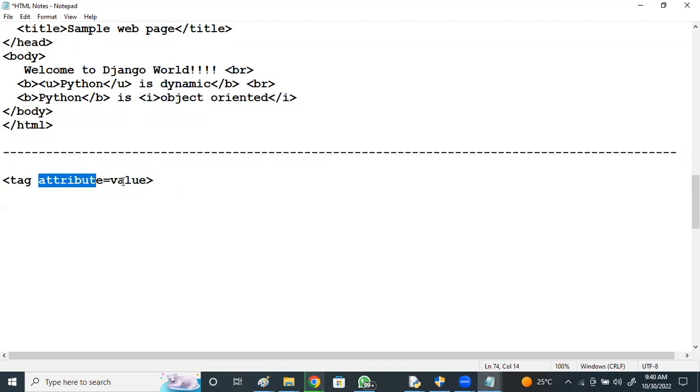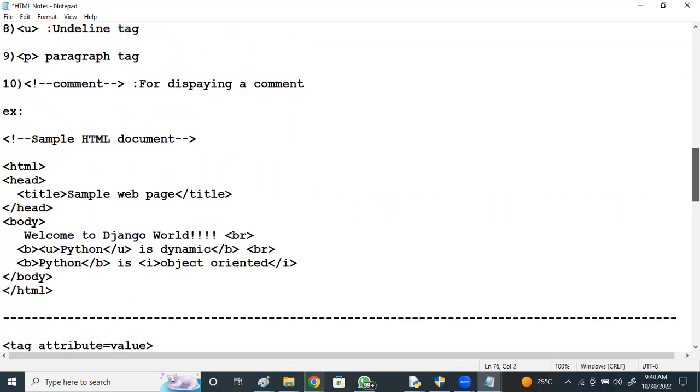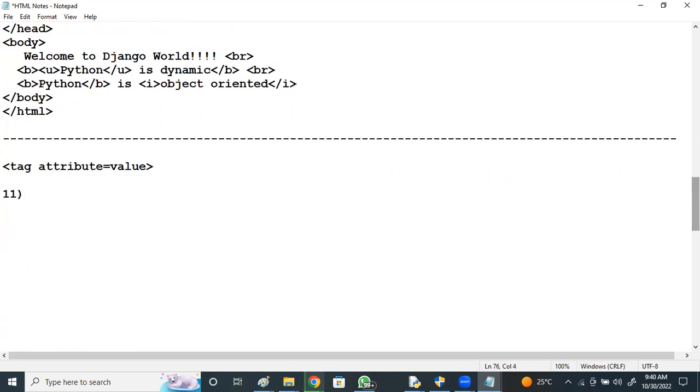The body tag has attributes like, first one, bg color.